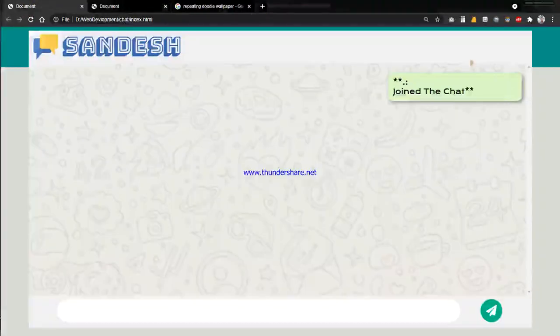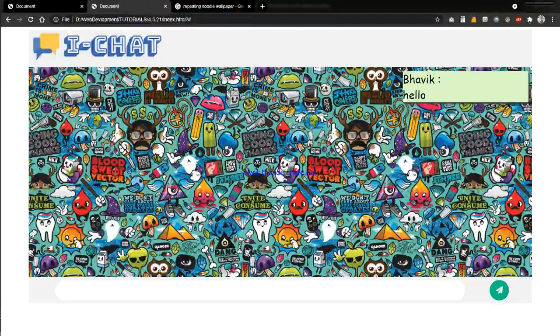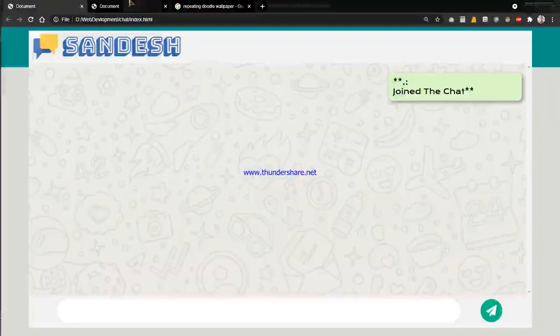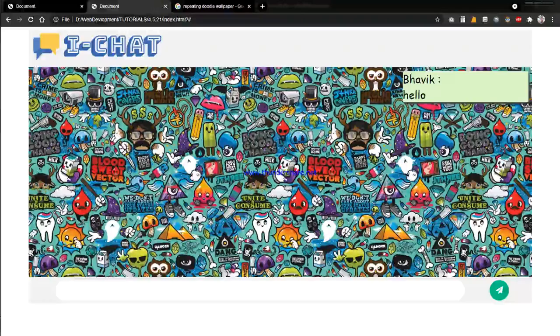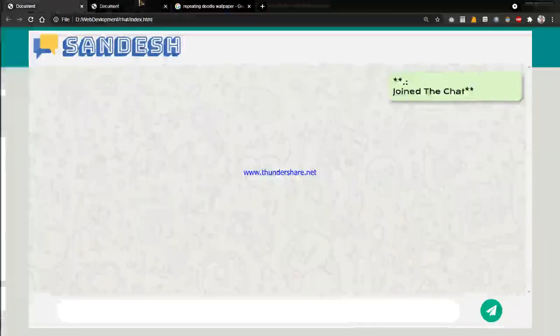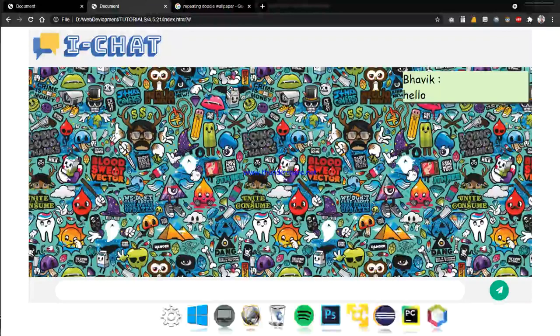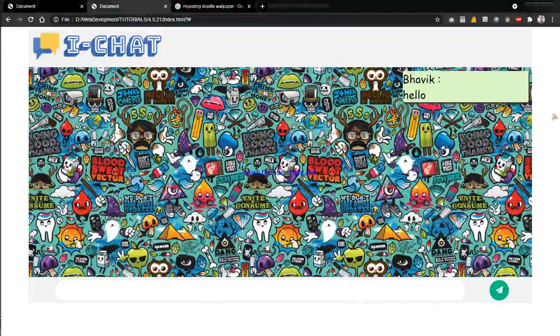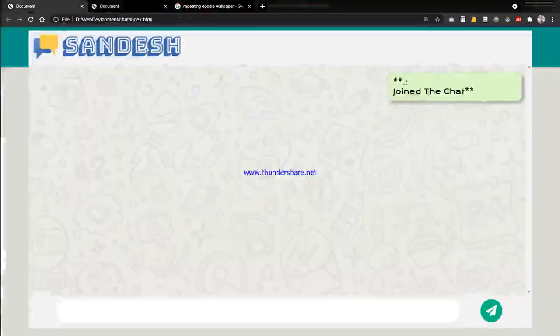That looks superb. And as it is, you can see it's looking really good, and even better than this real application. So if you want, you can just add a gradient or a color to the background, as you see it is here.